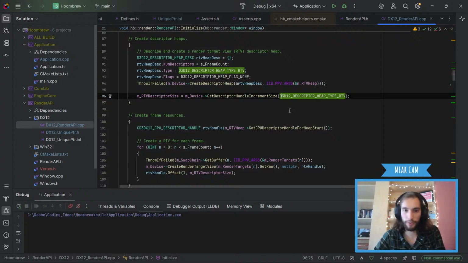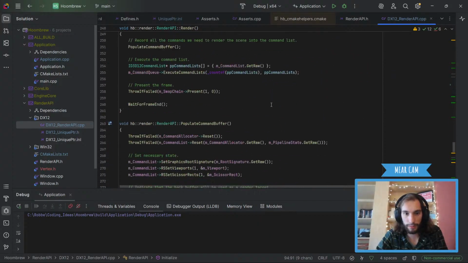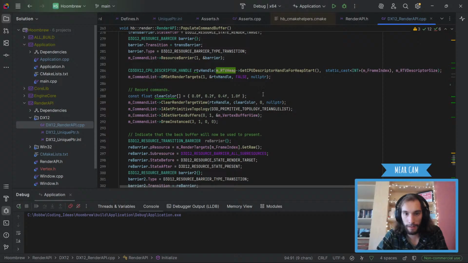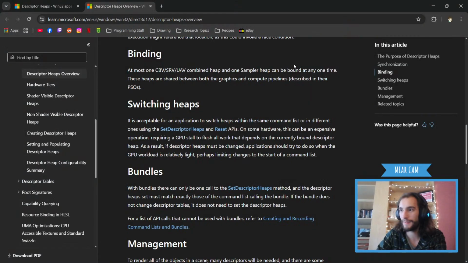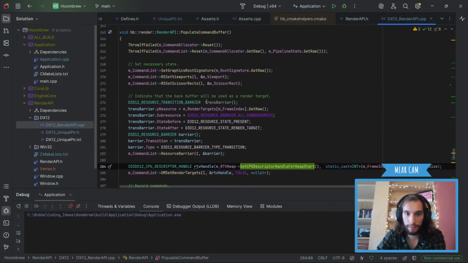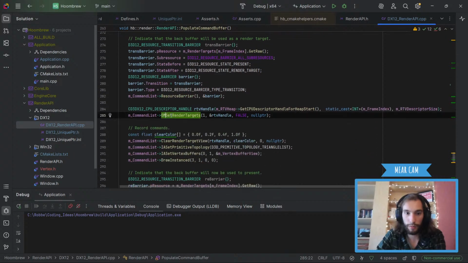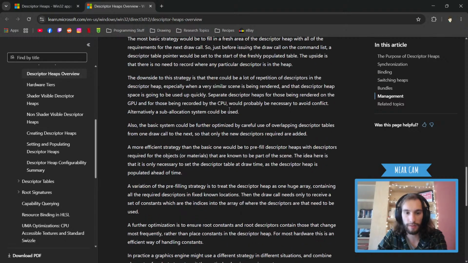Okay, so let's see, how many descriptor heaps do we actually bind here? Do we actually bind anything? Where's the render command for this one? We just set render targets. Yeah, well, I don't think we do set descriptor heaps at any point here. No, we just set a bunch of things for the resource. I need to know what all of these stages are, and then it will be all clear what we need to do, what we need to have, what will be part of the model.